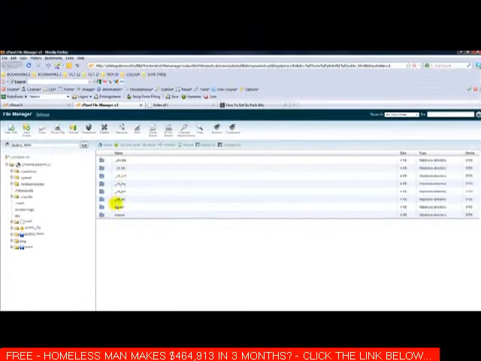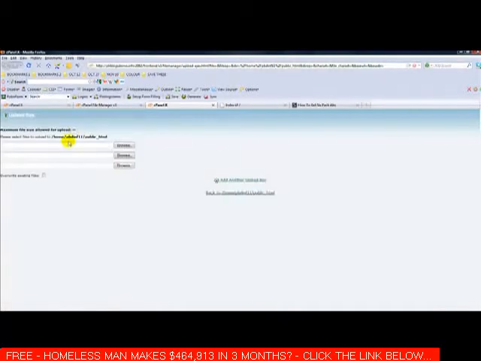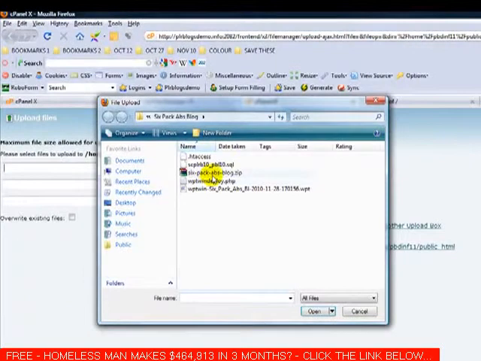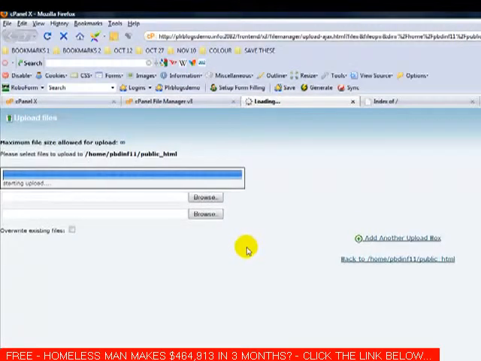Once again, you can see there are no WordPress files here. Click Upload, and then click Browse, and then you'll see here the sixpackabsblog.zip. We want to add that. Now this is going to take about 10 minutes or so to upload,